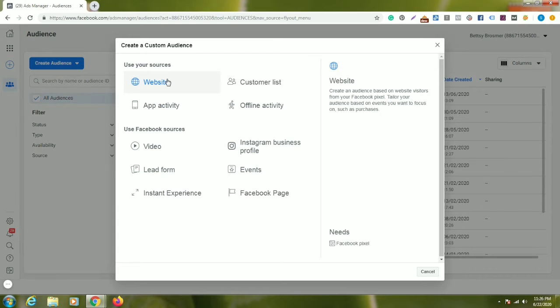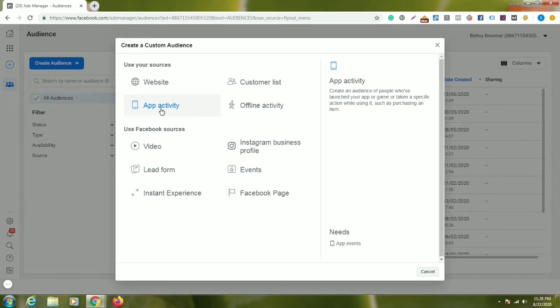You can create custom audiences using them. Otherwise, you can use customer leads. So you can create the custom audiences by using your own customer leads. Think of it this way: if you have various offline customers and you are maintaining their database, their mobile numbers or maybe their email IDs, and you feed this data into the Facebook customer list, you can create the custom audiences using your own data. So this is the customer list.